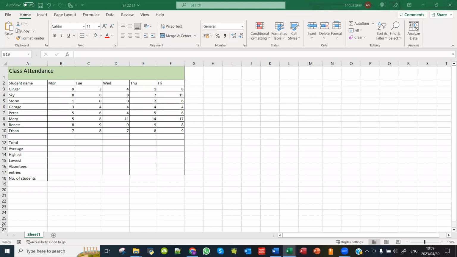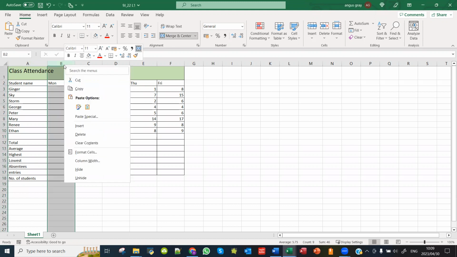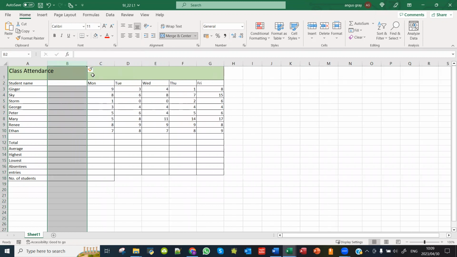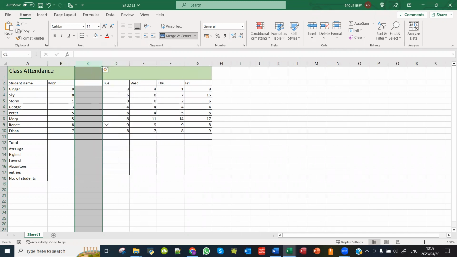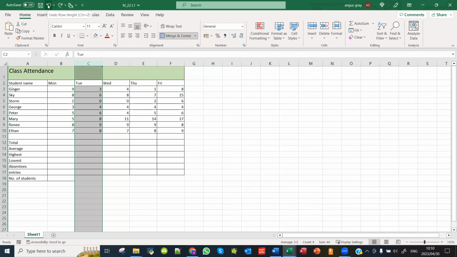Right, so the next thing that I want to do, if I want to insert a row or a column, so if I want to insert a column, I'm going to go to column B, right click, and I'm going to say insert. And if you noticed, it moved it to the left. So let's undo, let's have a look again. I'm going to pop one in between B and C. So I'm going to go to C, right click, insert, and it moves C to D, and I've got a column here. Okay. And incidentally, this is your undo and redo,